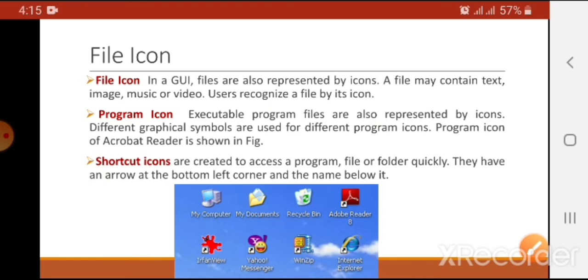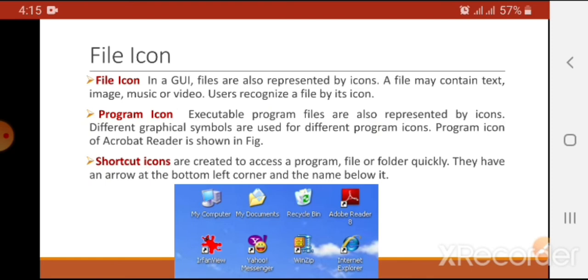What is the purpose of a shortcut icon? Basically, you don't need to go to the original location where that program or file is residing. Instead, we place the most frequently used programs and files on the desktop as shortcuts.